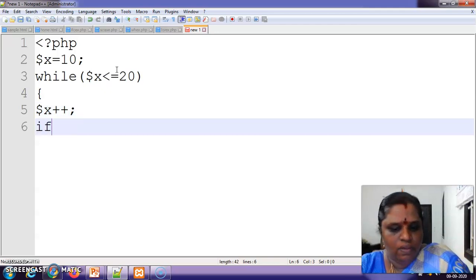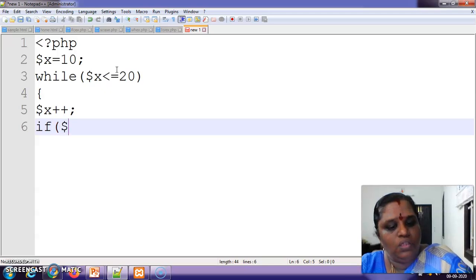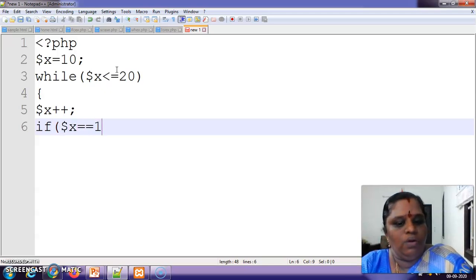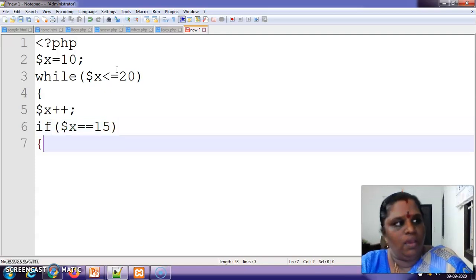Inside this, we are having another conditional statement: if x equal to 15.